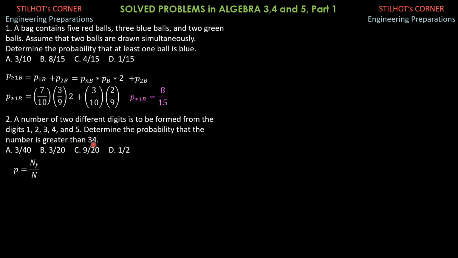So for a 2-digit number which is greater than 34, it should begin with 3 first, and for that case, only 35 is greater than 34. So there's 1. So n is equal to 5P2, as I said, 20. So the favorable outcome is 1. We have to analyze that the only 2-digit number with different digits greater than 34